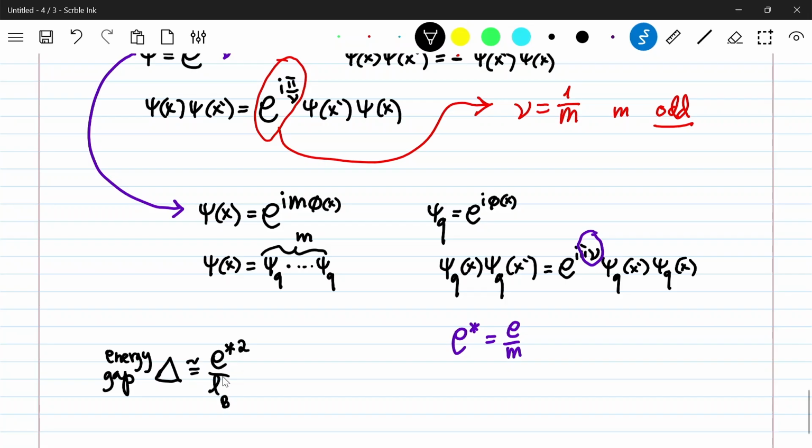A Coulomb energy in the quantum Hall fluid, there's only one length scale, that's the magnetic length. So it's going to be some charge squared over L. Now, since E star is smaller than E, it's cheaper to create a quasi-particle, so that will be the elementary excitation, okay? So the prediction is,